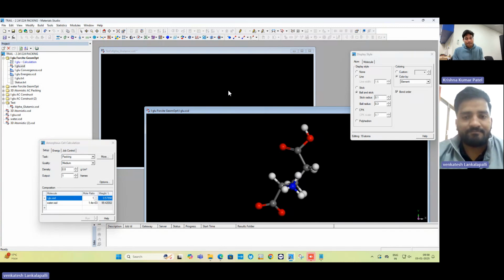And one more thing is that after doing the simulations, I want to plot RDFs. Basically, I want to study the interaction between this L-glutamic acid and the water molecules. So can you explain or show me how to plot RDFs? I've seen that, but if I want to plot an RDF between a particular set of molecules in L,